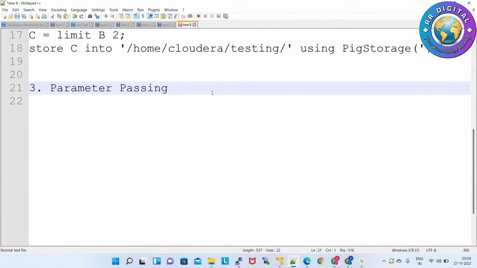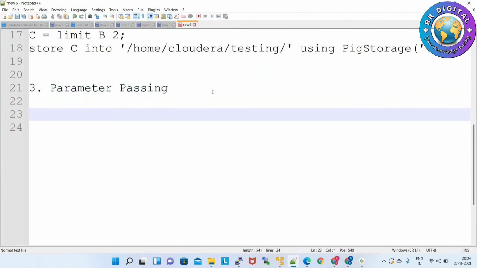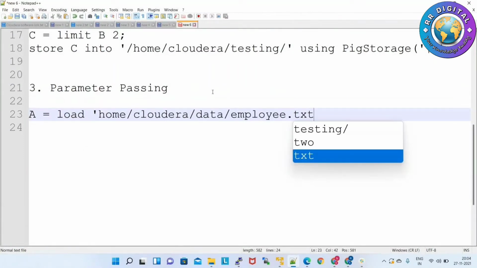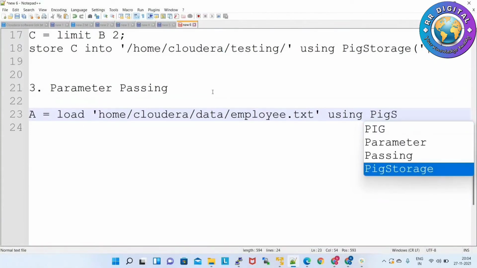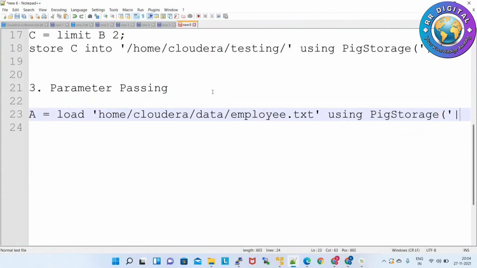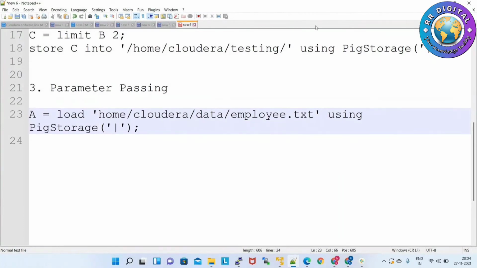Here I have a bag, loading employee.txt using PigStorage with the pipe delimiter. Instead of hard coding the data file name, see, now I hard coded it.